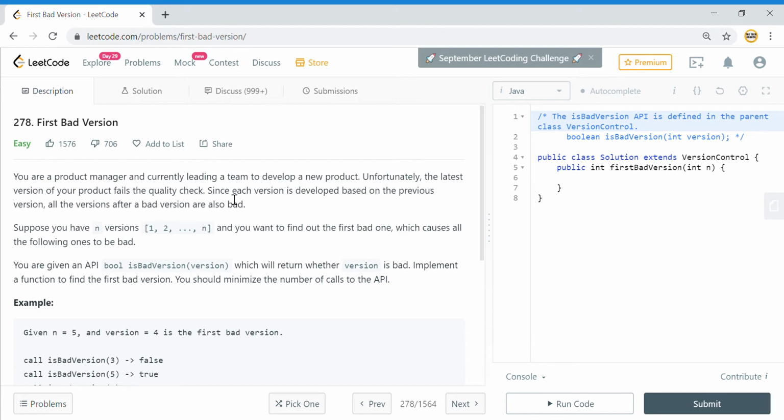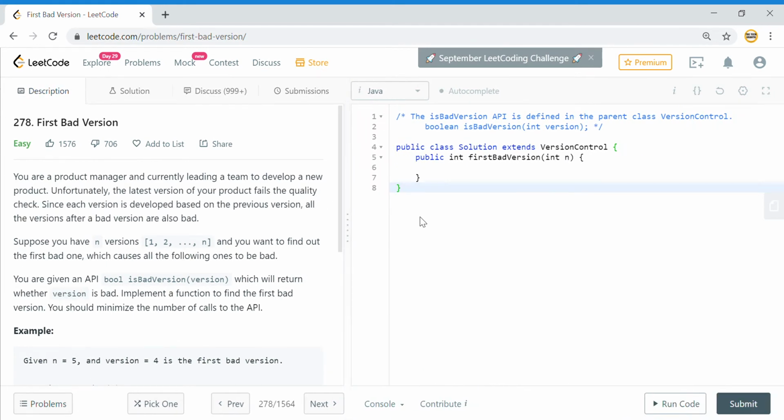You are given an API, isBadVersion. When you pass the version number to it, it will return whether it is true or false.